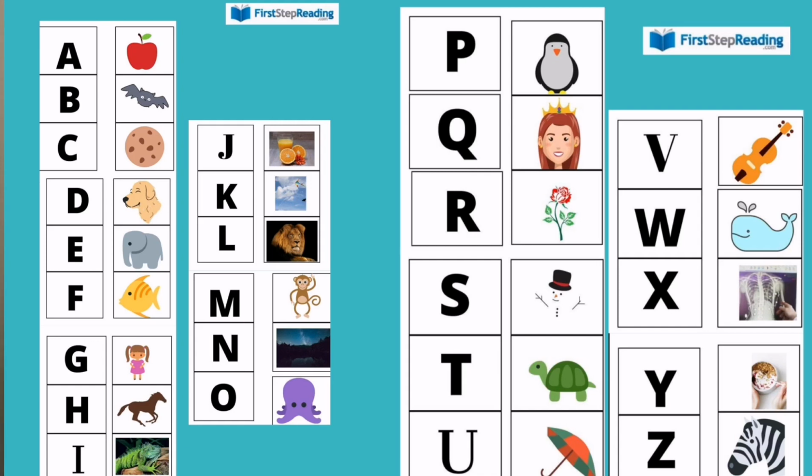The P says pa, pa, pa. The Q says qua, qua, qua. The R says rrrr, like penguin, queen, and rose. The S says s, s, s. The T says t, t, t. The U says uh, like snowman, turtle, and umbrella. The V says v. The W says wah, wah, wah. The X says x, x, x, like violin, whale, and X-ray. The Y says yeah, yeah, yeah. The Z says zzz, like yogurt,